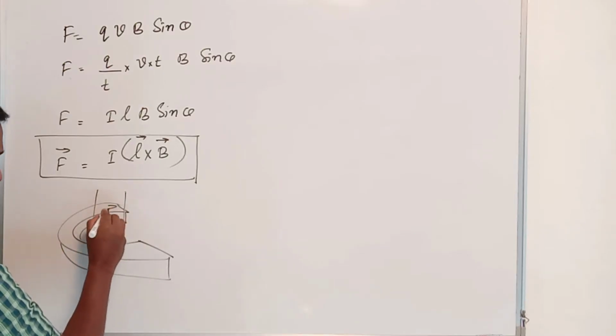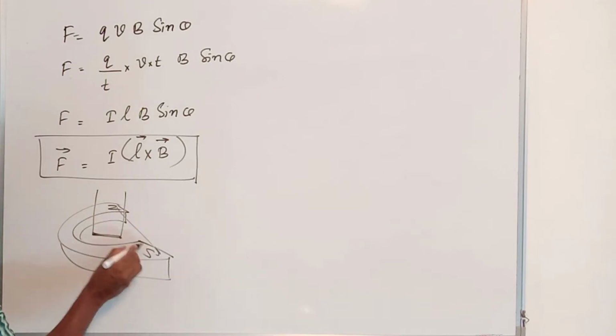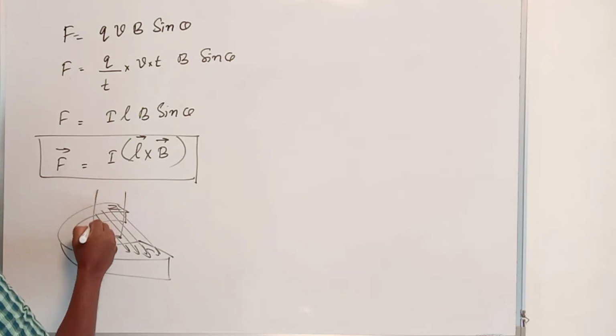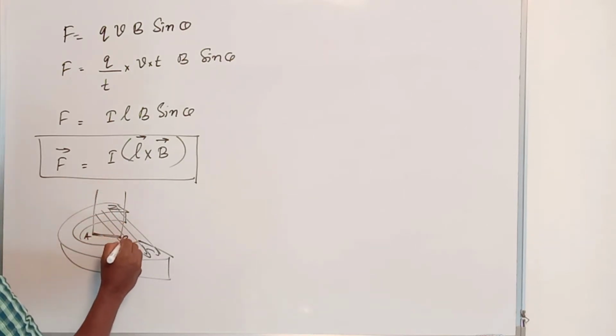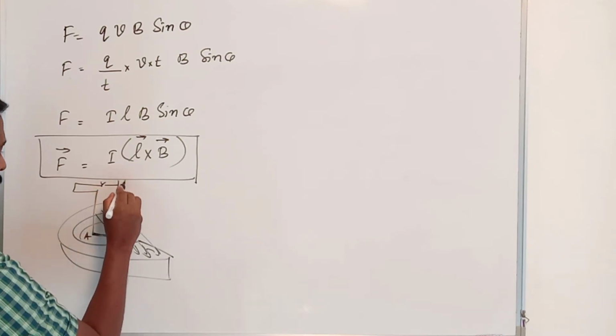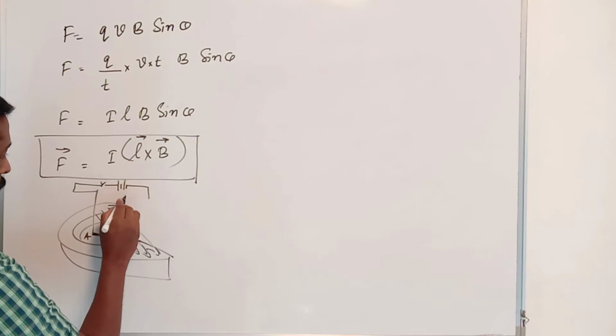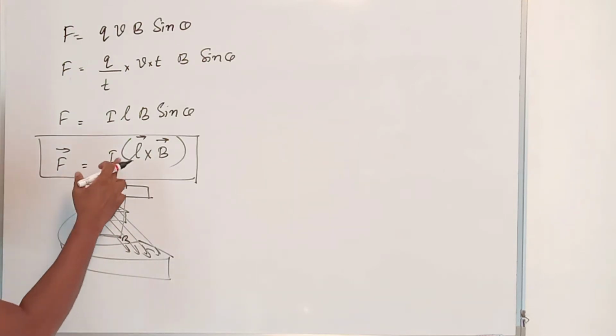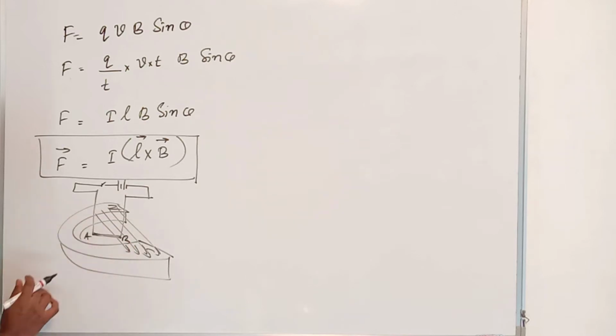Inside a U-shaped magnet, this is the north pole and this is the south pole. Then the magnetic field lines are uniform and a conductor is suspended here, a conductor of length AB. Then a current is allowed to pass through the straight conductor. When the switch is on, current flows through this conductor, then a force is experienced. This force is ILB sin theta, where L is the length of the current element, that is AB, and B is the magnetic field. So this is the force acting on a current carrying conductor placed in an external magnetic field.